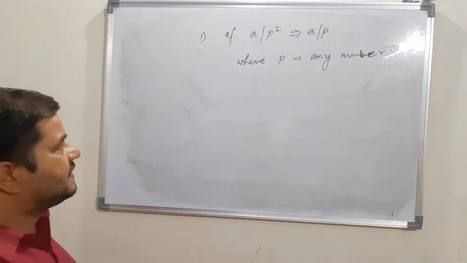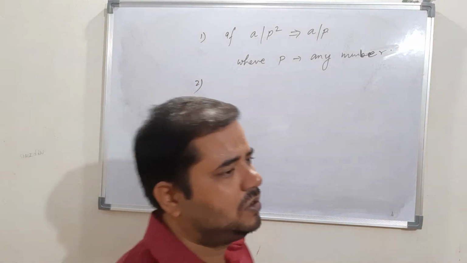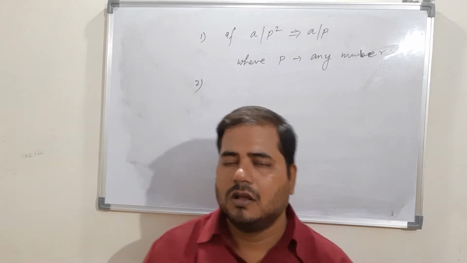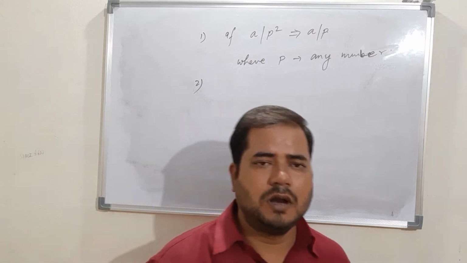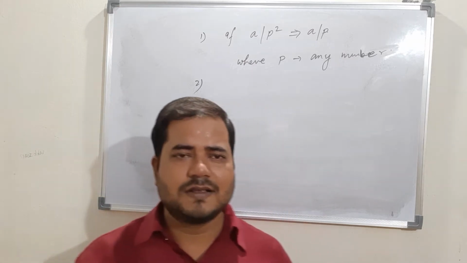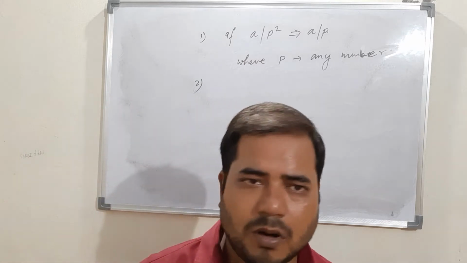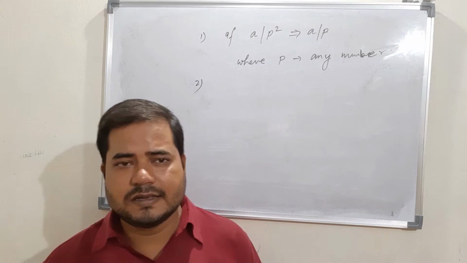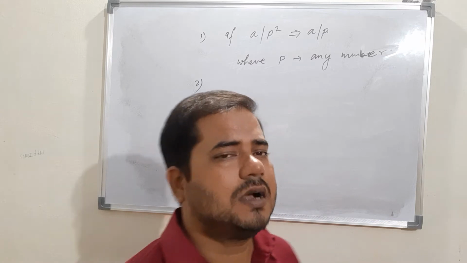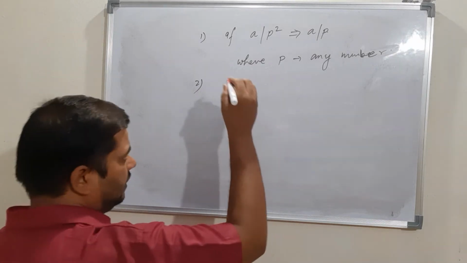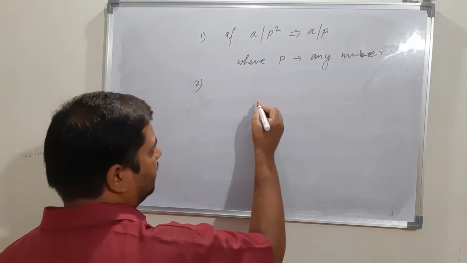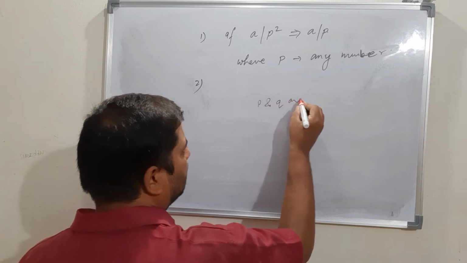Second thing, the definition of a rational number. If I ask you what is the definition of a rational number, maybe your answer is a number which can be represented in the form of p by q, where p and q are integers, where q does not equal 0. But this is not a complete definition. So what is the complete definition? Whatever you tell is correct, but one thing is there: p and q are relatively